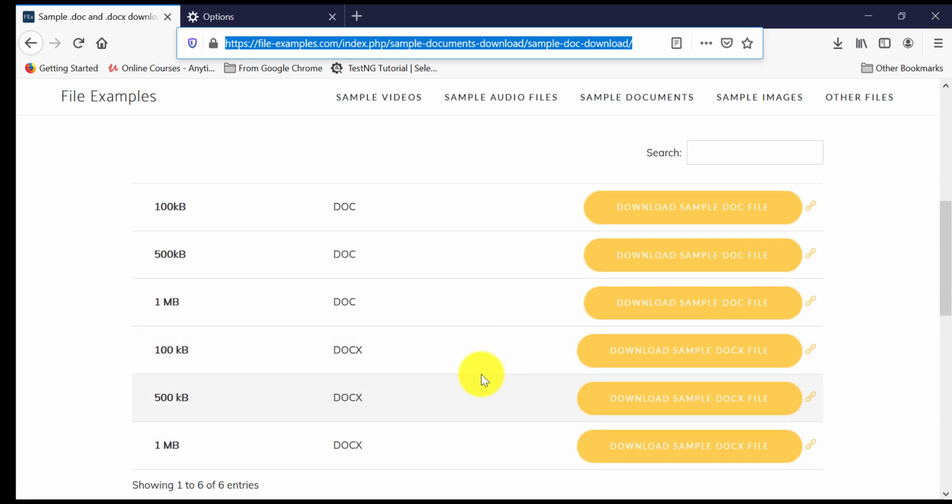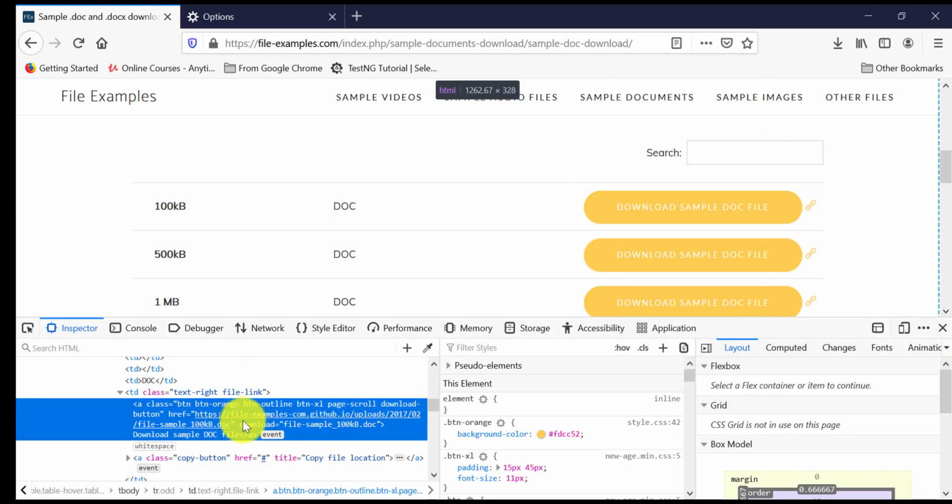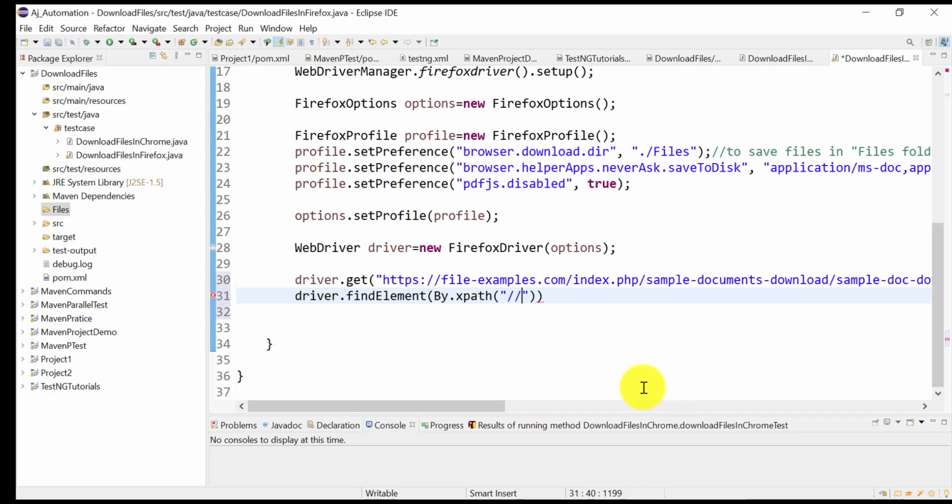You can inspect this, and we will use this attribute. Similar to the previous video, we are using the download attribute and its value for XPath creation. So here we can write @download equal to, this is for the doc file, and .click, we need to click on that button and then download will start.